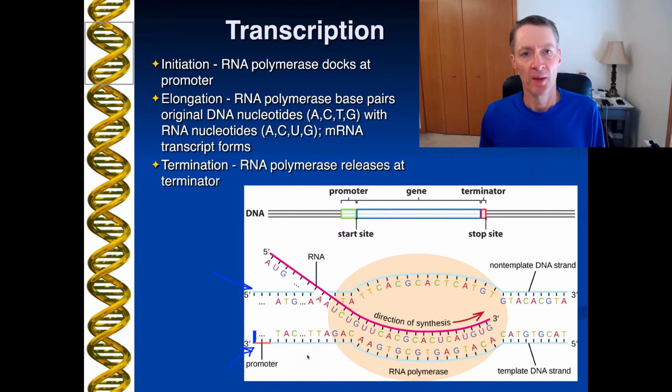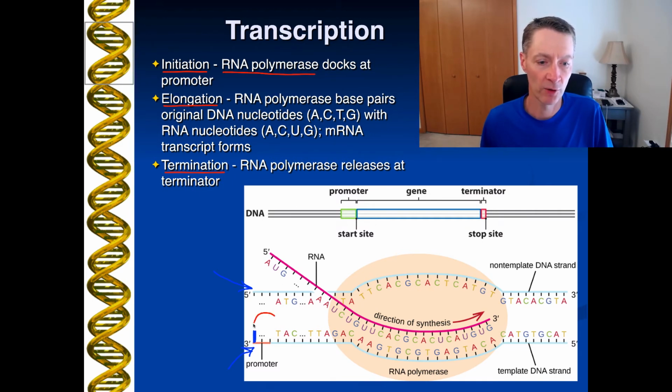Now, we talked about initiation, elongation, and termination when we were talking about DNA replication, and here we see this again, all right? Here I see the idea of initiation, elongation, and termination. However, here it's not DNA polymerase involved, it's RNA polymerase. So initiation is RNA polymerase will come in and lock on. Okay, so where's it going to lock on? Well, it's going to lock on over here